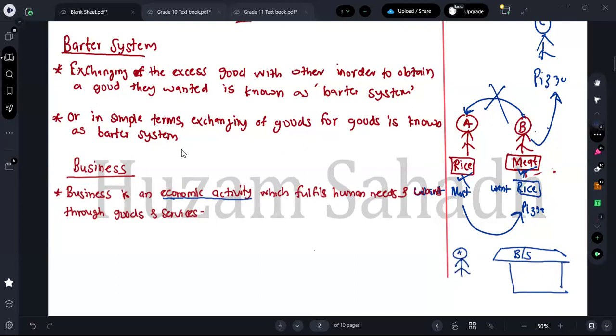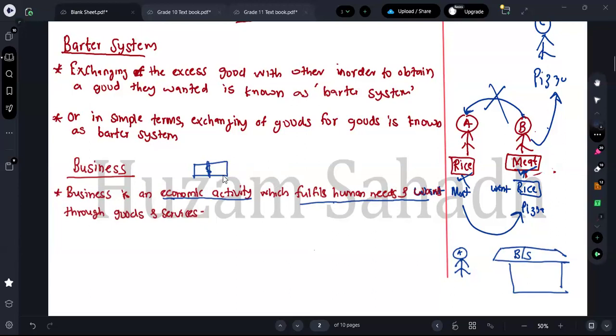Now what's happening? Business is an economic activity. For now, just remember, economic activity means there will be some sort of involvement of money. Why is this economic activity taking place? In order to fulfill human needs and wants. Like you and me, we are human, guys. We have some sort of need, which we will be studying in the next part. We also have wants, right? We have needs and wants. So in order to fulfill those needs and wants